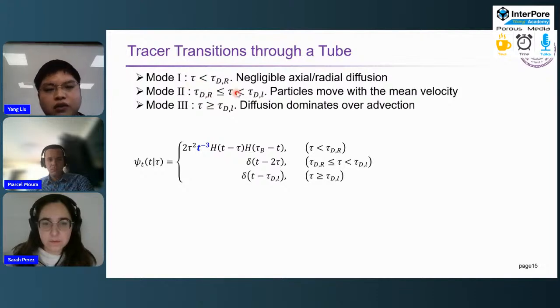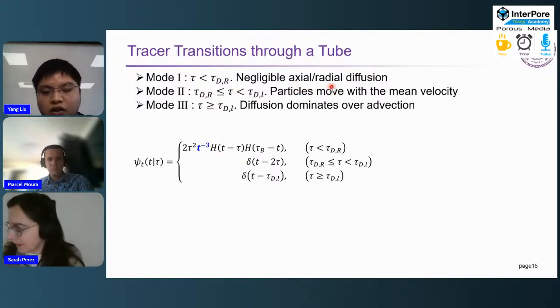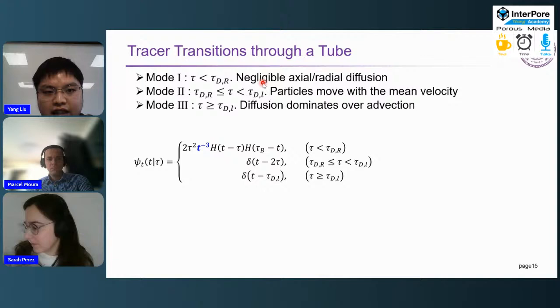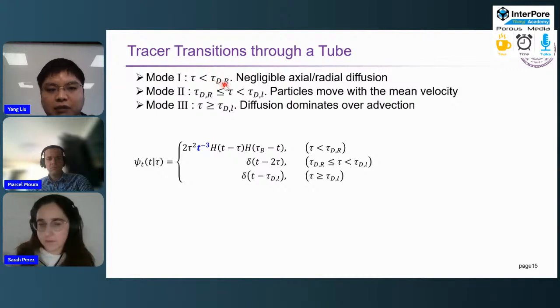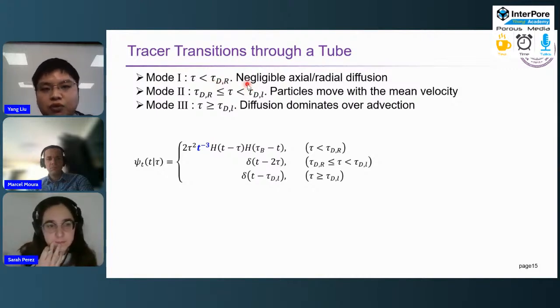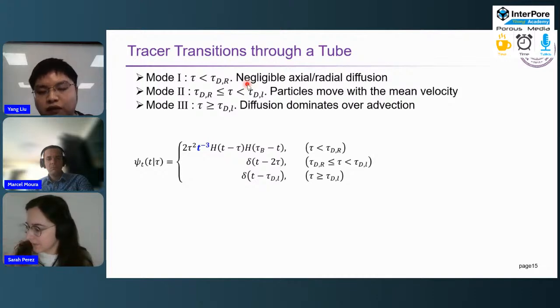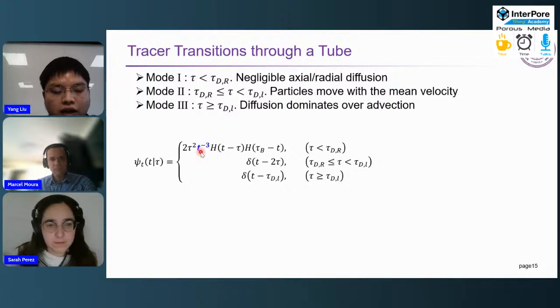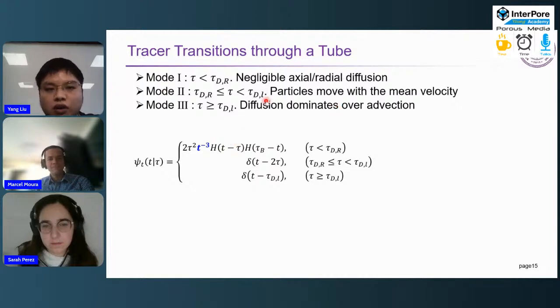Here, the first mode occurs in the scenario where the advection time scale is far smaller than the radial diffusion time scale. So it means there is negligible axial or radial diffusion. By a very simple mathematical formula, we can get the local probability density function of the transition times like this, which scales as t to the minus 3. The second mode occurs under the